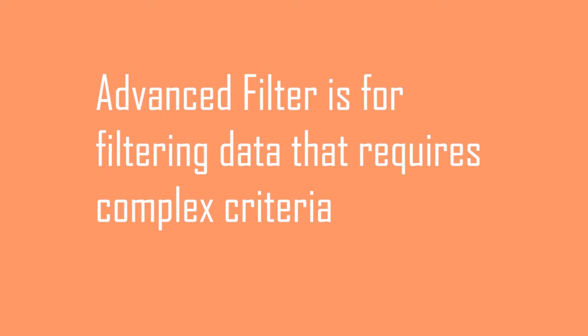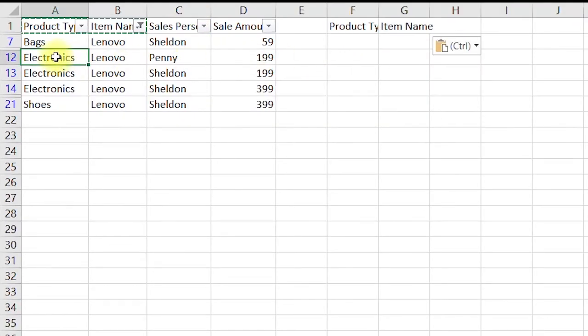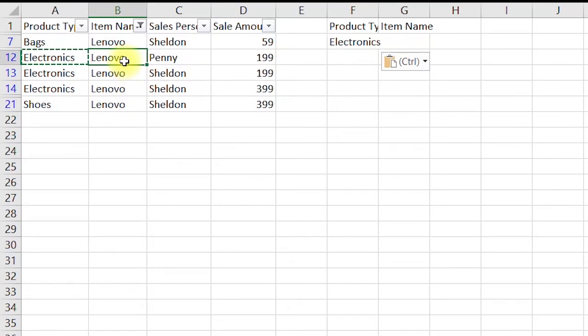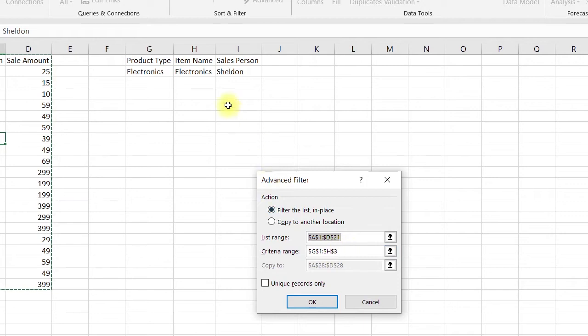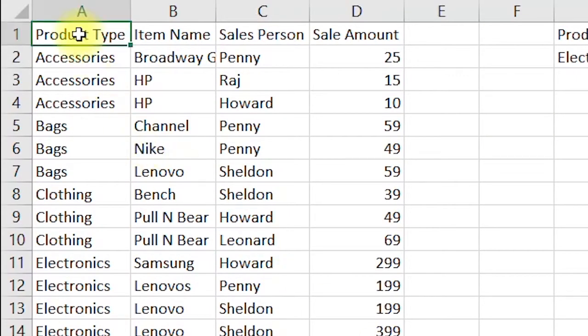Advanced filter, on the other hand, is an advanced option for filtering data that requires complex criteria, such as in our example, product type, item name, or who the salesperson associated with a sales record is. You type the advanced criteria range on the worksheet. Microsoft Office Excel uses the separate criteria range in the advanced filter dialog box as the source for the advanced criteria. In our example, we have a range of records of sales by product type, item name, salesperson, and sales